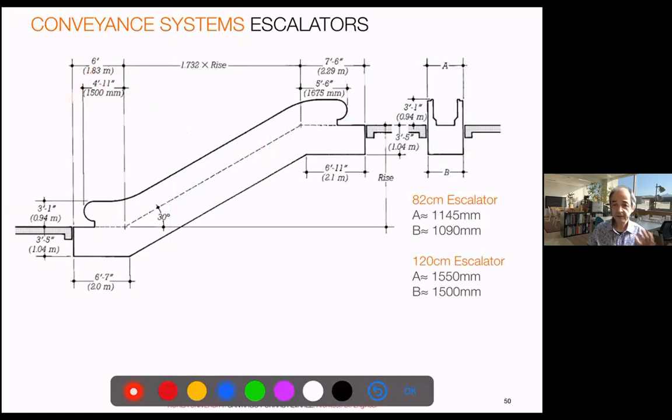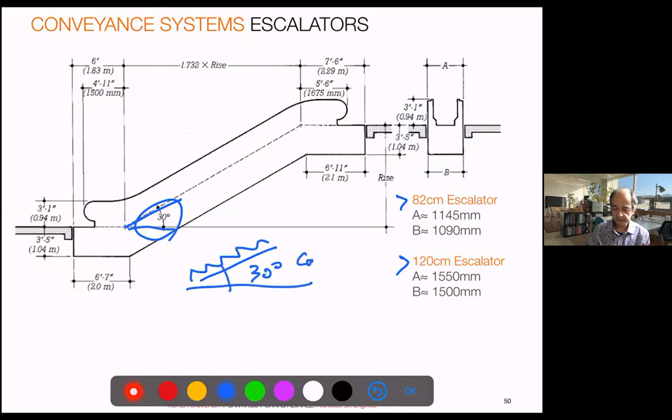Escalators are pretty standard, curiously. So you have like the 82 and 120 centimeters escalators. You may find made-to-order elements, and in general are 30 degrees. And knowing that may help you design stairs. So 30 degrees is also quite a convenient or comfortable stair, right? Standard stairs are a bit more steep, but if you have the same angle, the set of elevators and stairs will look much better.